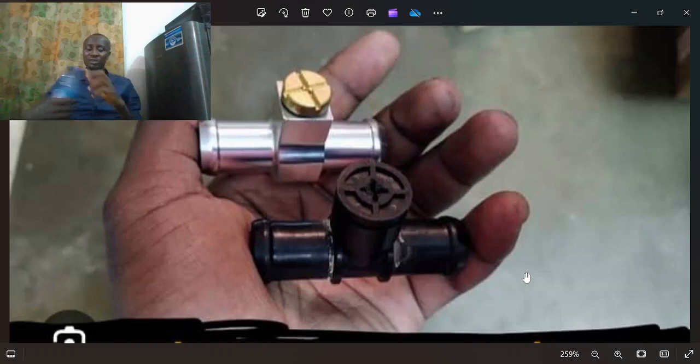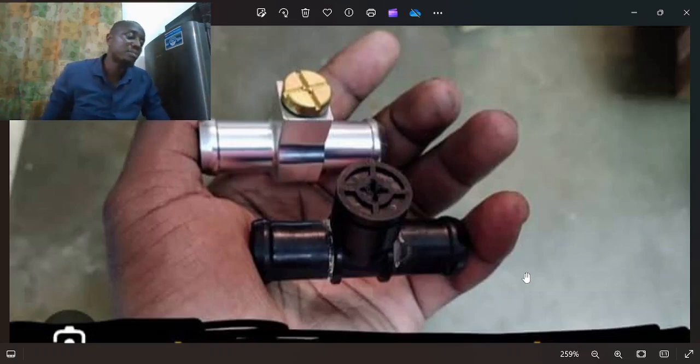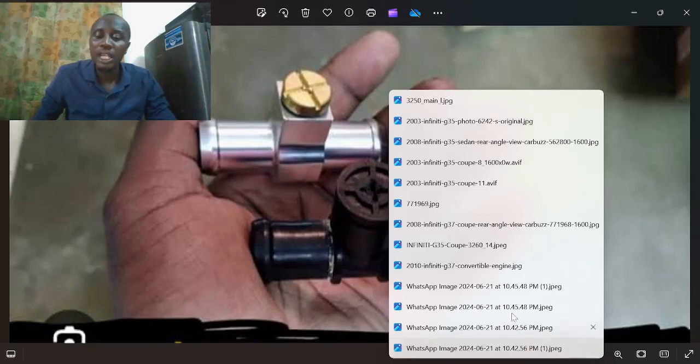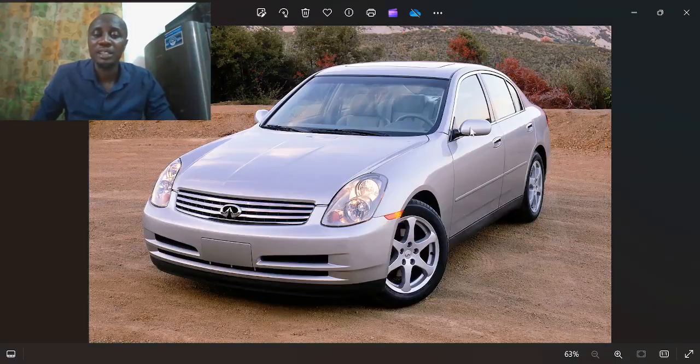Then I'll go to the connection and confirm that the negative and the positive, the negative supply to the sender, is okay, and the signal wire to the gauge is okay. Then you know that most likely it is the fuel gauge. I don't know. Maybe somebody has figured it out, but I'm yet to come across such posts. So these are the only things I was able to find out about